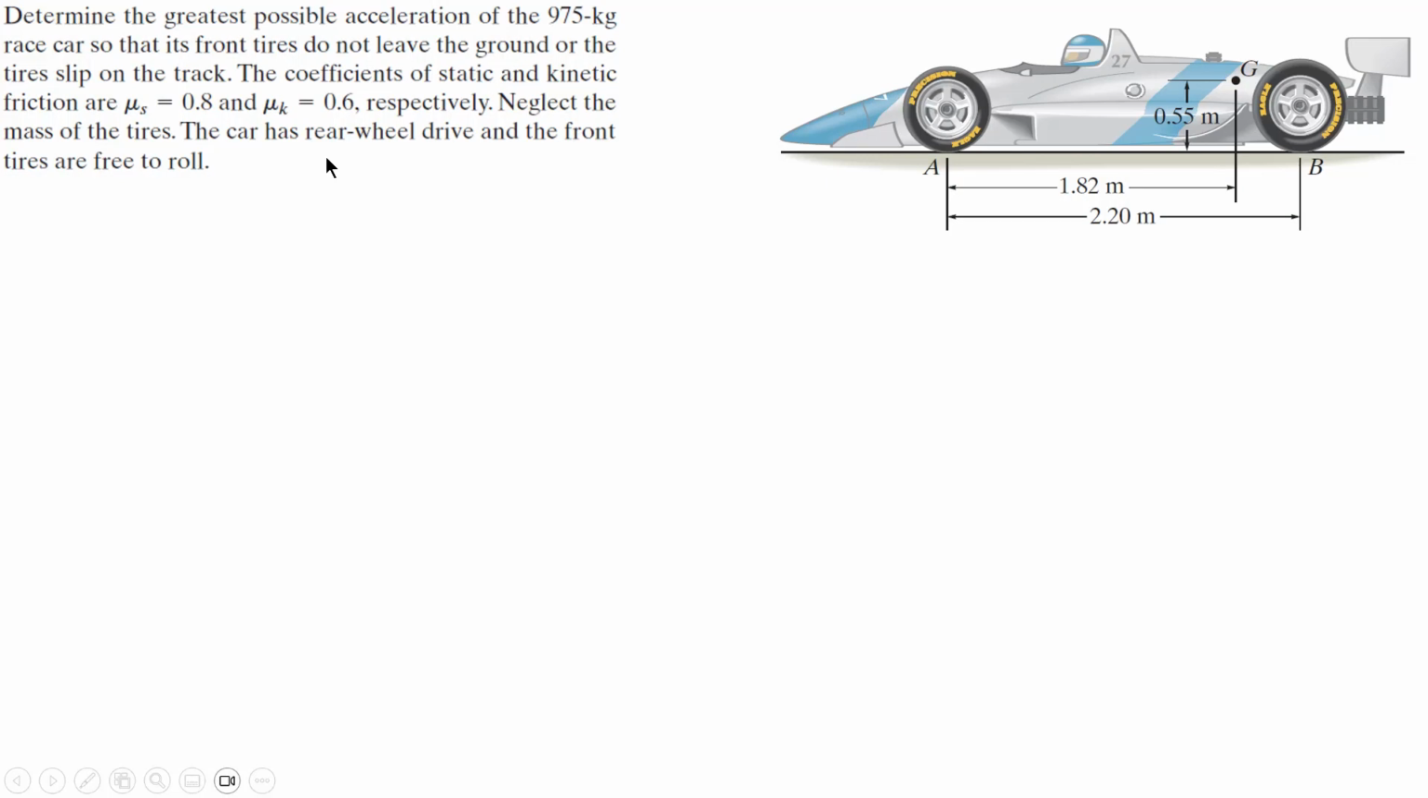So hello everyone, this is the example for the final part of the chapter. The question says: determine the greatest acceleration, the maximum acceleration of the car. So we have two conditions. The one is that the front tires do not leave the ground. Okay, the maximum a,